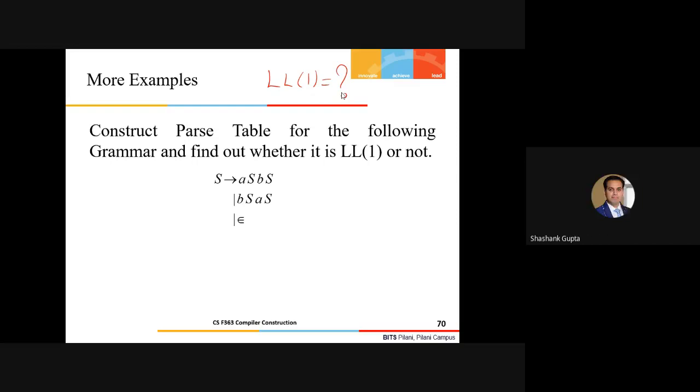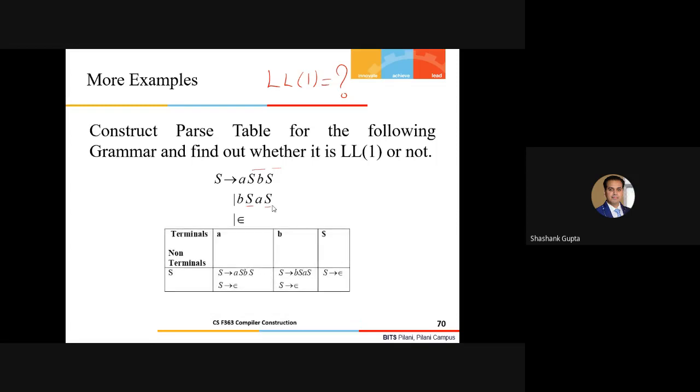Not LL1. Even I do not know the rules, but this grammar is very short. I simply can say, because of these two on the right hand side, I could have multiple interpretations of the same string. So this is an ambiguous grammar for me right now. Still, let me apply the rules in the form of a table. First of this right hand side is A, and first of this right hand side is B. That's why we have written these two entries under this set here. But this one, unfortunately, is also deriving epsilon.